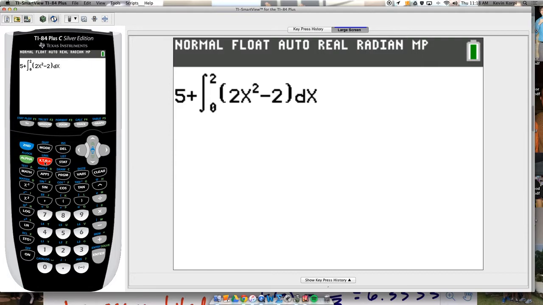Is this the FTOC part 1 with the starting point added? Yes, essentially. Because the FTOC part 1 just gives you your net accumulation. And if you add to your net accumulation what you started with, you get your current amount. So it's kind of the difference between displacement and current position. You see the connection there? The definite integral gives you your net change, which would be your displacement. So if you're talking about motion, what is the net change in position? What's the displacement? But if you want to know the current position, you would need to add it to the